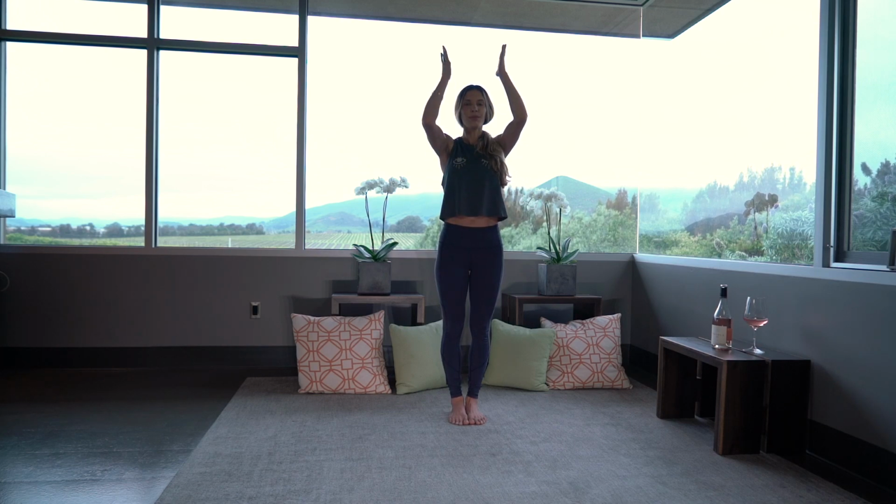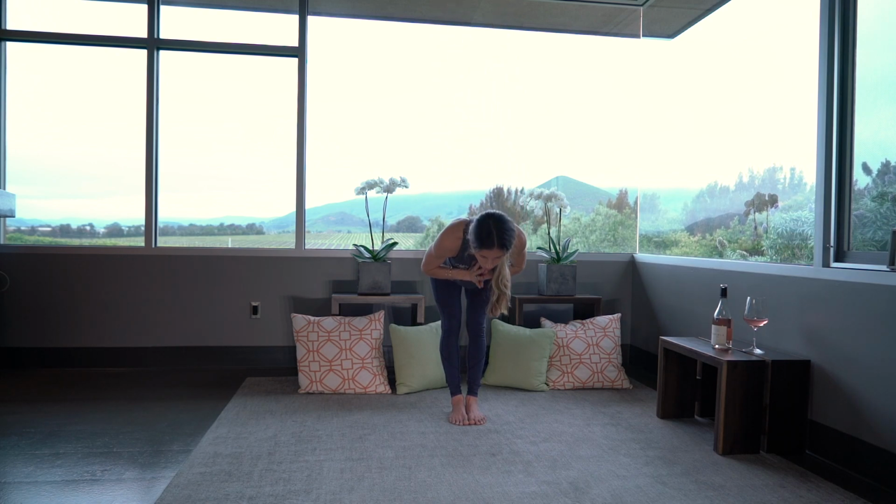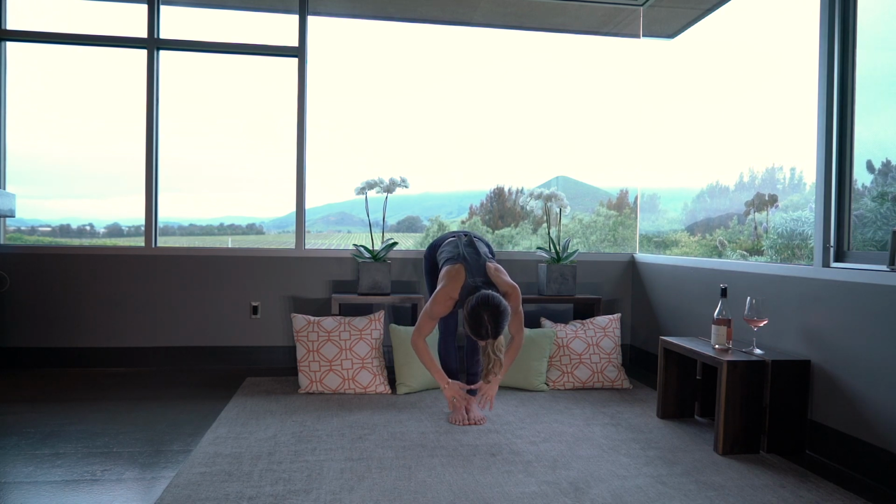Inhale, extend your arms up overhead. Exhale, forward fold. Take your hands to your chest, hinge from your hips. Begin to lower all the way down. Reach your fingers towards your toes. If you can't easily meet the floor,